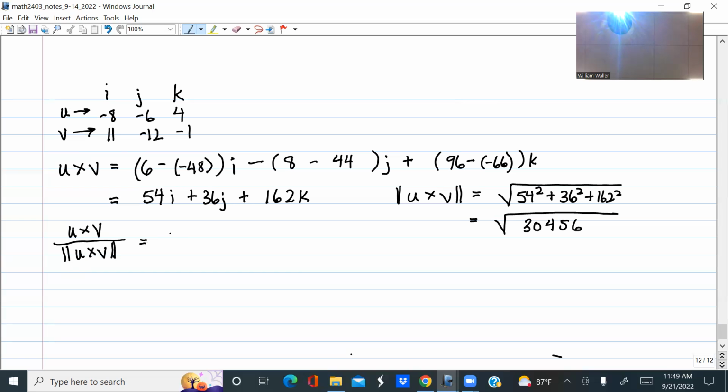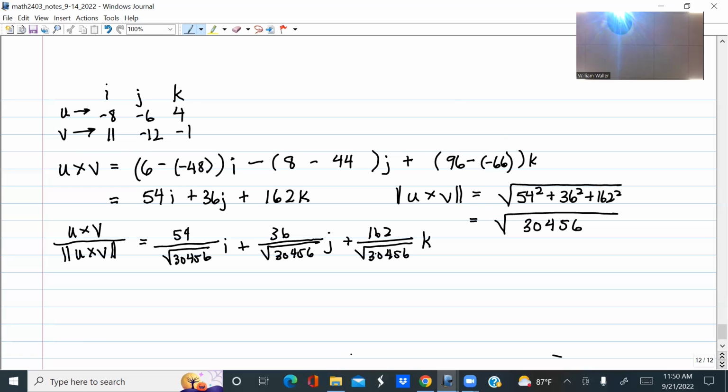And so we get this really ugly expression. 54 over this big square root times i, plus 36 over this big square root times j, and then plus 162 over this big square root times k. And I hope that WebAssign will accept that as the answer and doesn't expect you to simplify these